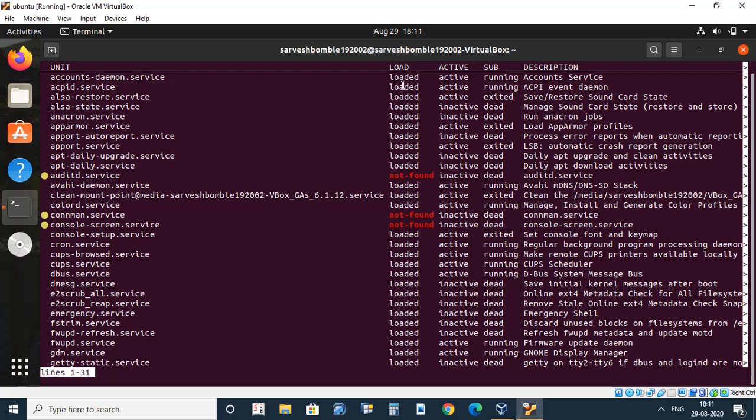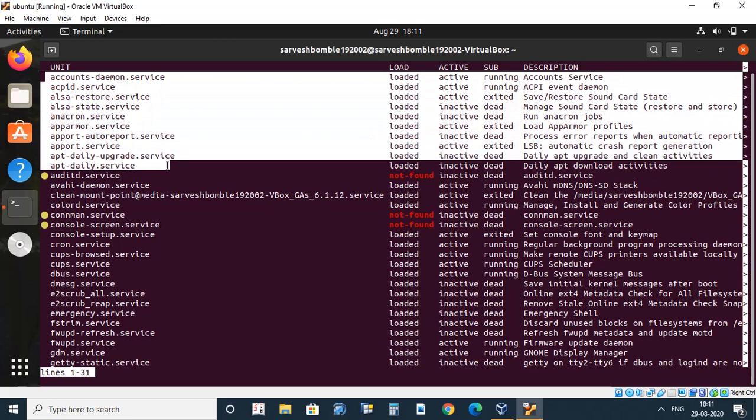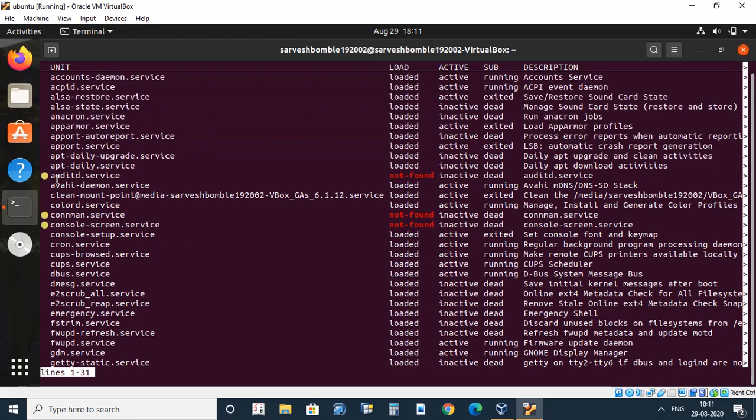Then we can see the status of load, whether the service is loaded in our system or not. So you can see that the first 10 to 15 services are loaded. Then we find a service as auditd.service which is not found, meaning it is not loaded in our system.